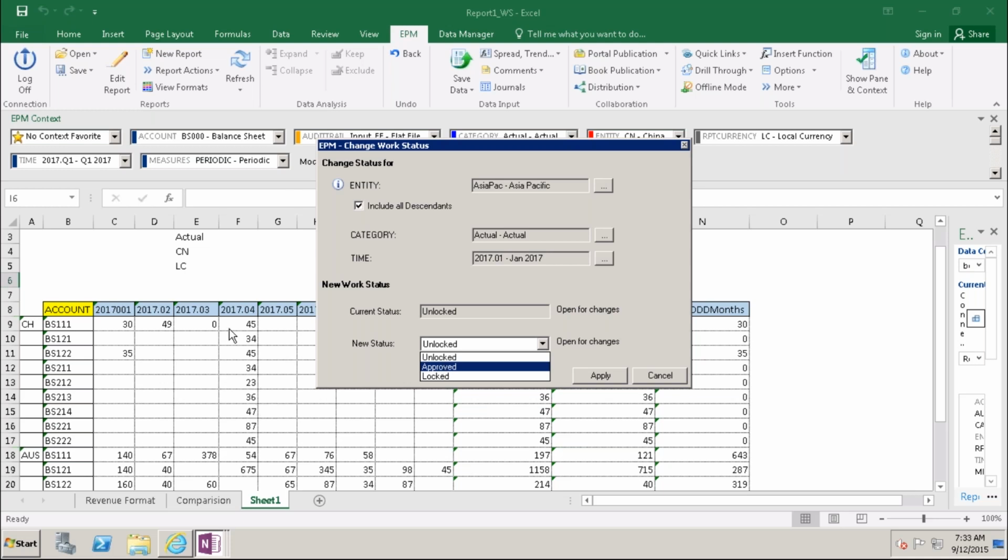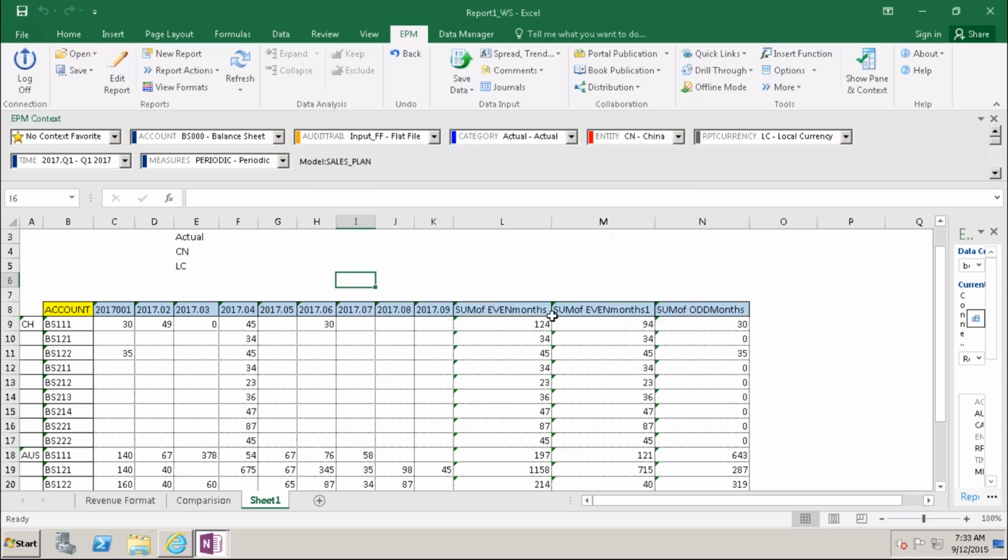Manager will open this report and check the plan data of this report here. Yes, everything, the numbers are okay, and he will go and I'll show you that also. Here unlock status, right? We need to change to submit.